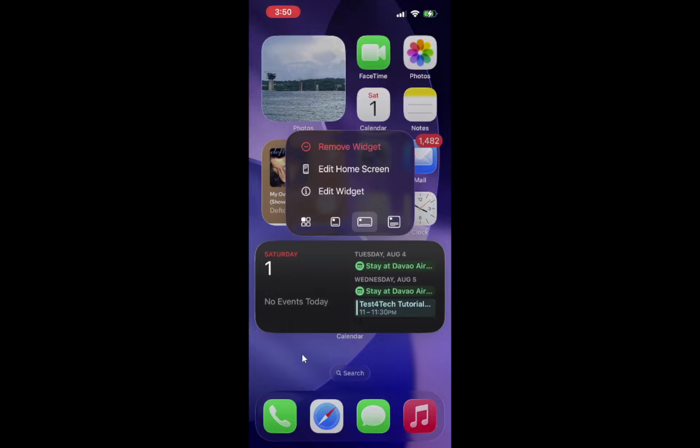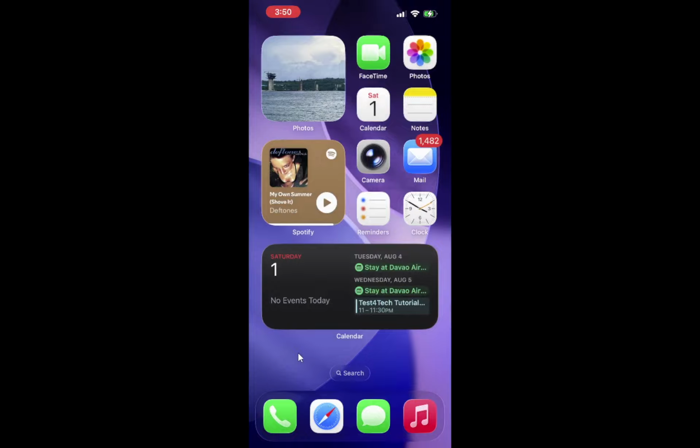Empty area means a spot where there is no app icon and no widget. After you hold for a second or two, the icons will shrink slightly and start wiggling, and small minus buttons will appear in the corners. That visual change tells you that you are in home screen edit mode and can safely adjust widgets without opening anything by accident. With edit mode active, touch and hold the widget you want to resize.